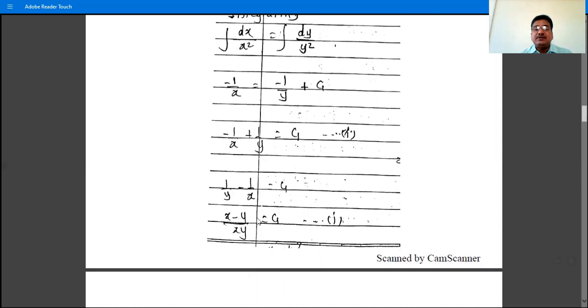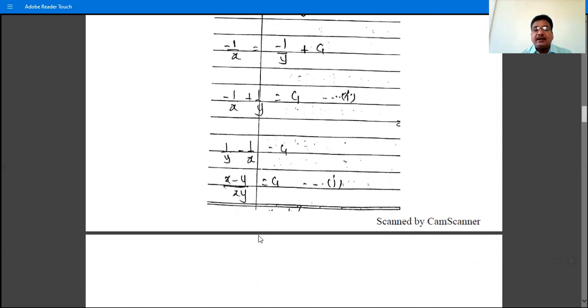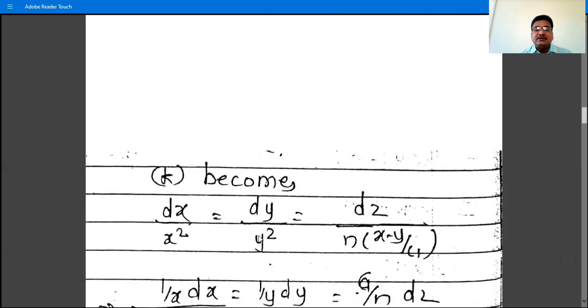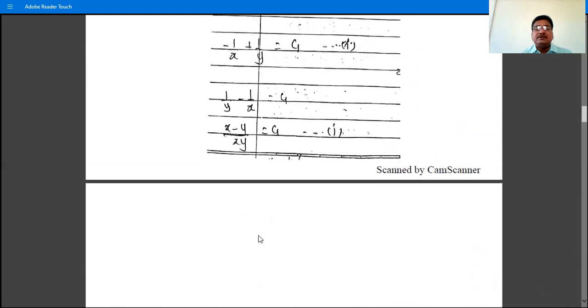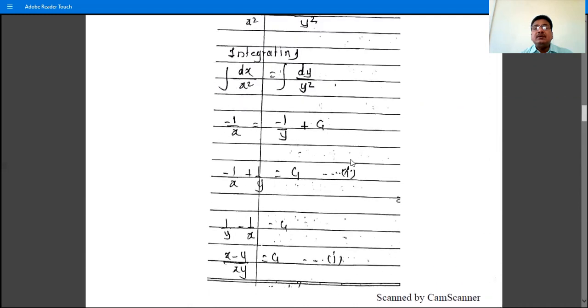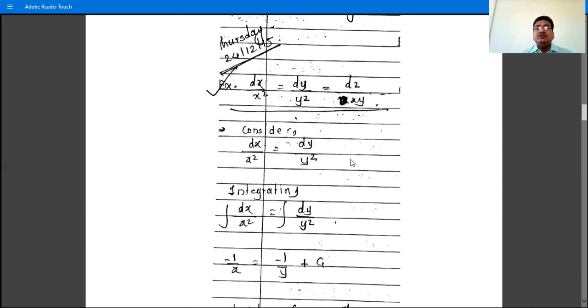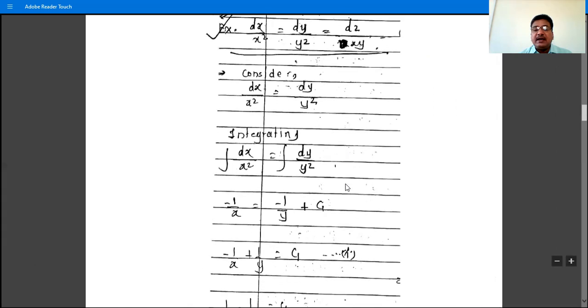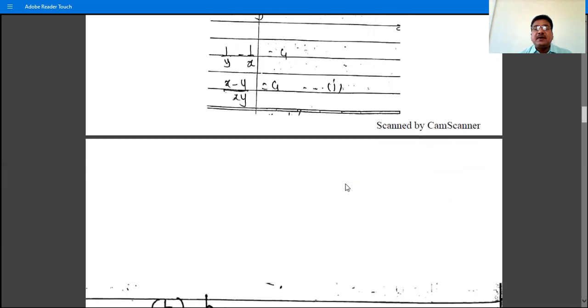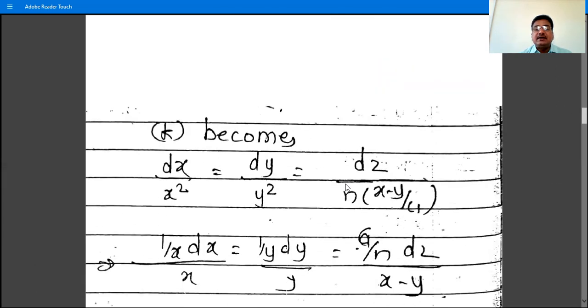So what is x into y? From this, x into y is x minus y by c1. So we can also use the first solution to obtain the second solution. That is the sub method of method number 1: substitute x into y as x minus y divided by c1 in the given equation, and then we have